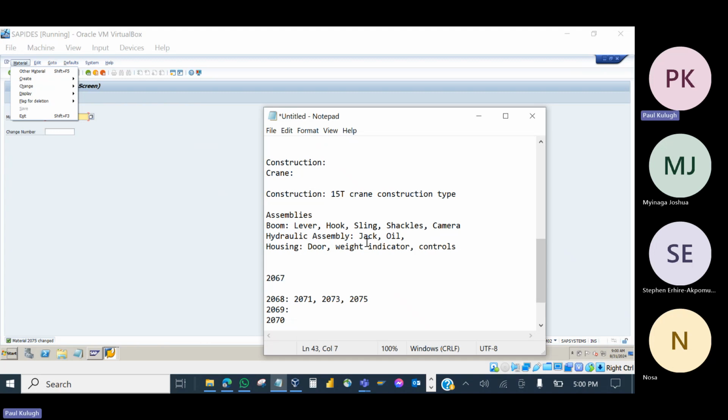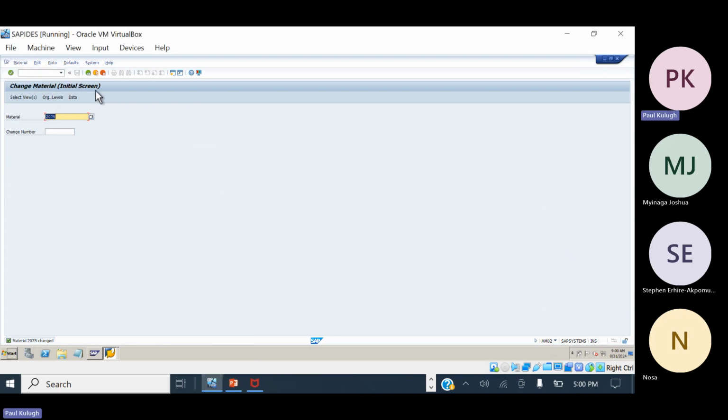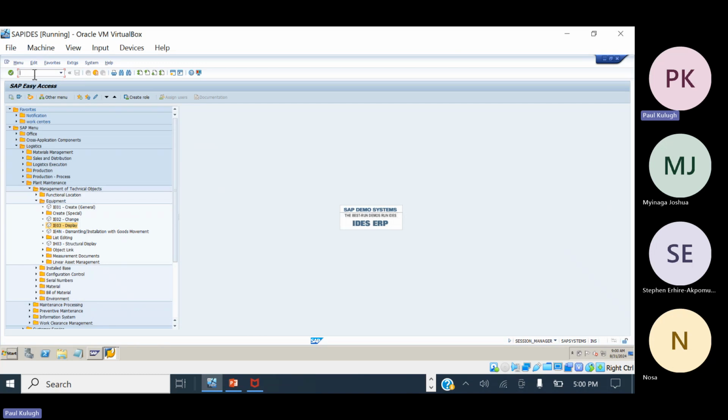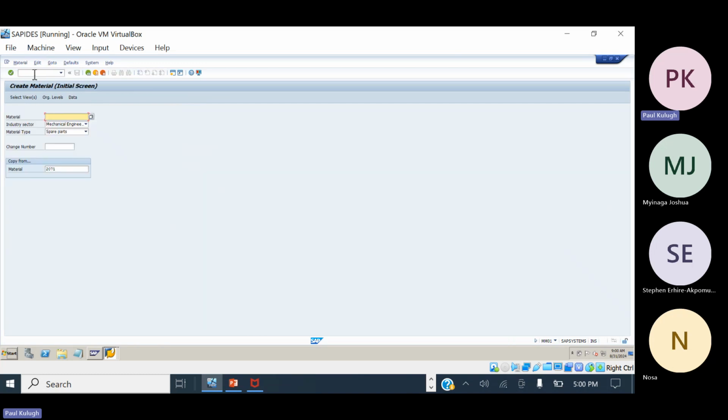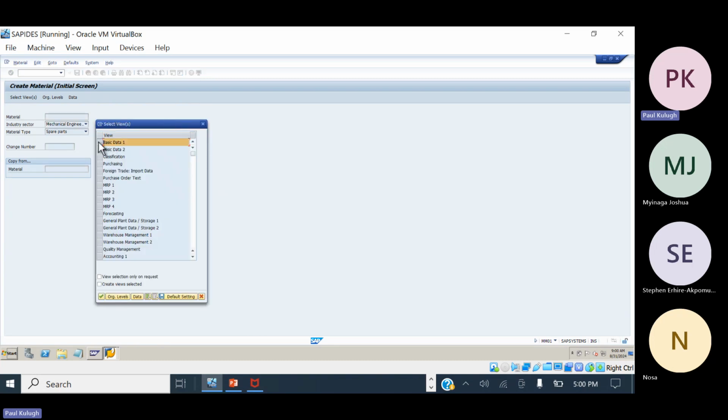So under hydraulic assembly, we have the jack and the oil. So I will also create using MM01 spare part. Maybe I don't want to copy from this guy because it's a different assembly. So I press enter as basic data, purchasing,